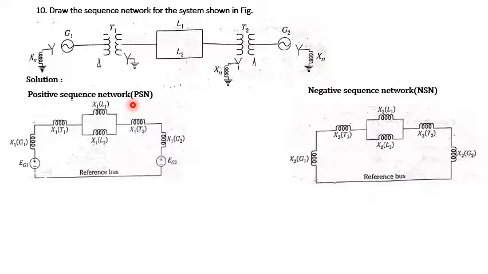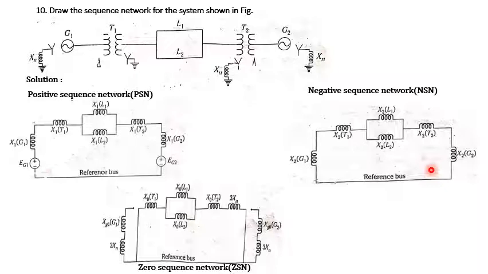It is similar for the negative sequence, only we need to make the source of EMF short circuited. Then for the zero sequence network we need to be careful whether it is grounded or not, and whether star or delta, we need to observe carefully. Generator G1 is star grounded through a reactance. So this is grounded through a reactance having Xn value, we need to multiply it by 3 times. Because of this we need to close this switch.